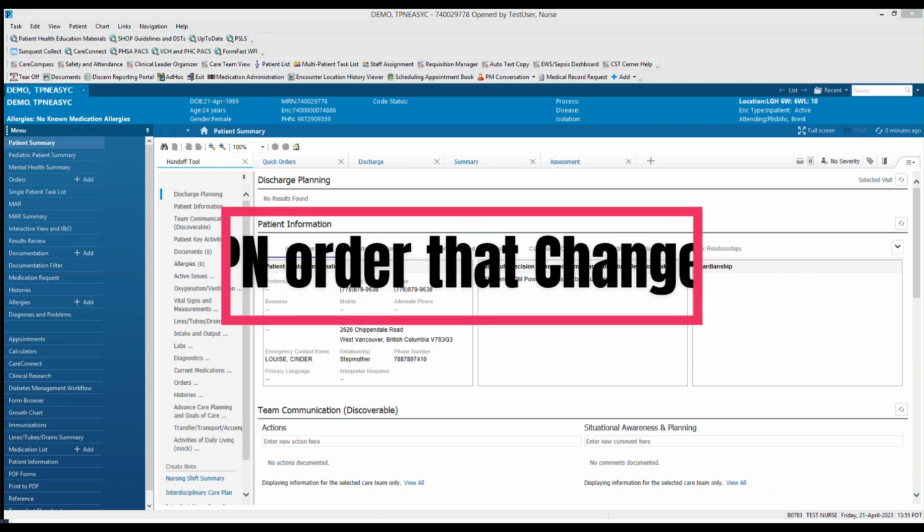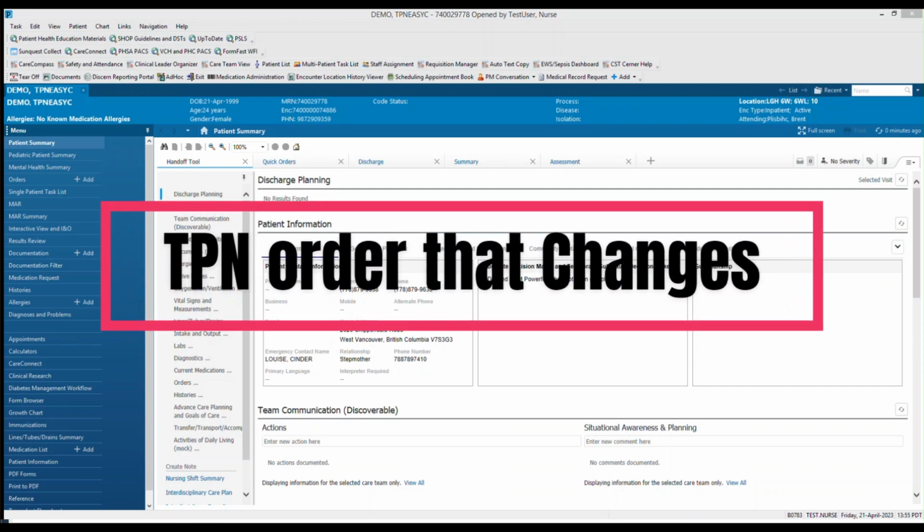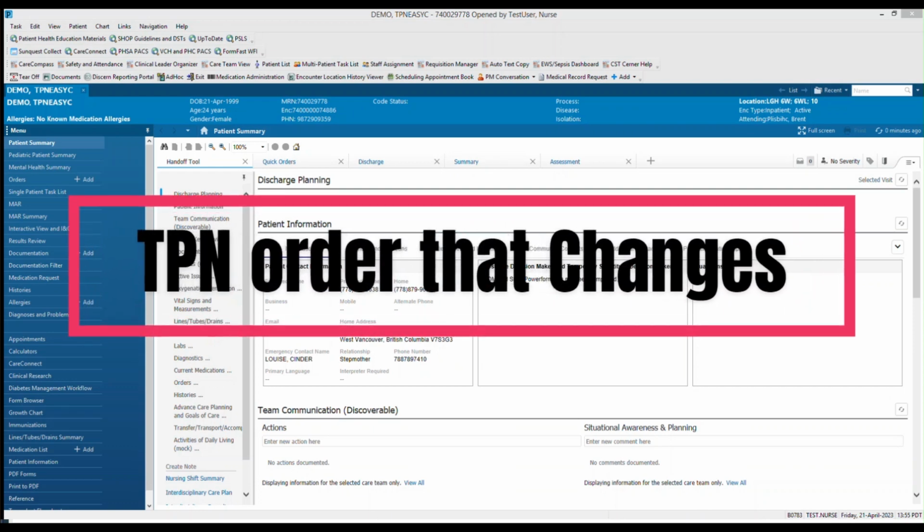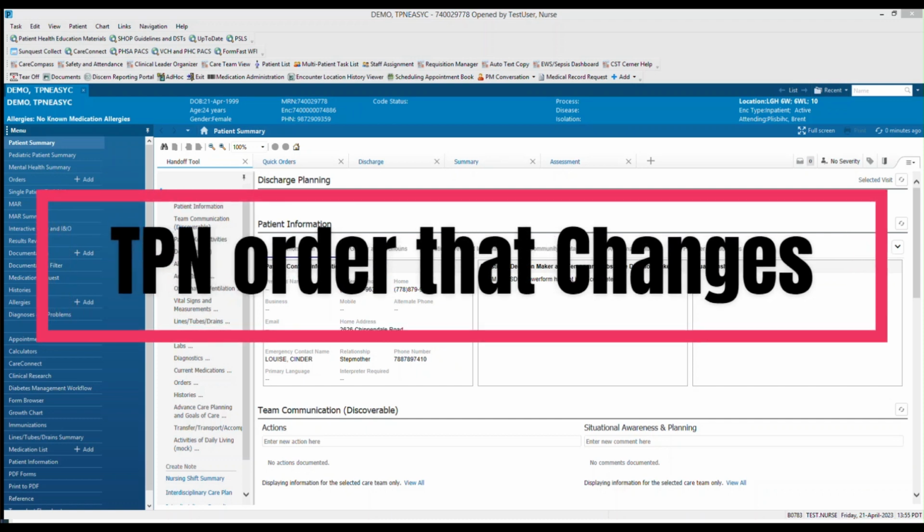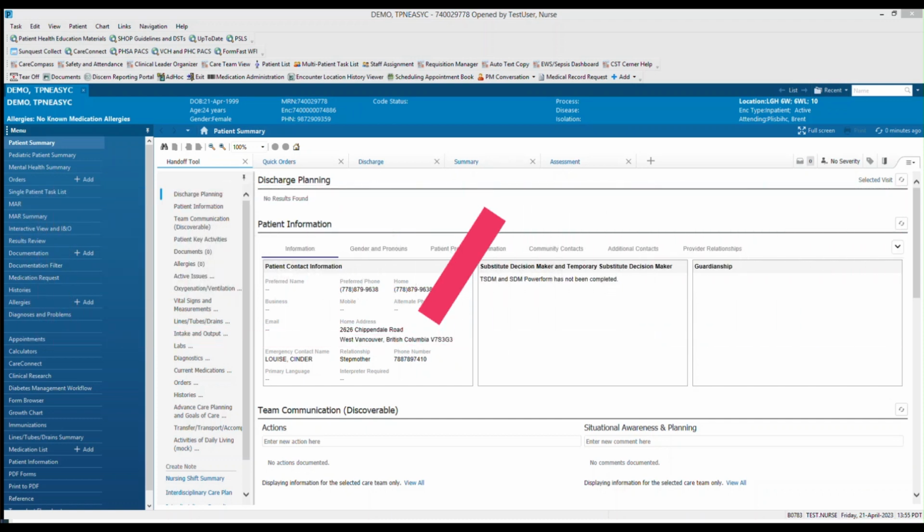In this video, we will explore the scenario where the TPN order is altered due to changing patient conditions. In this scenario, the provider has decided to decrease the length of time that the patient should be on TPN to attempt to wean the patient off of it. With the new TPN ordering method, the provider would discontinue the no longer relevant TPN order and replace it with